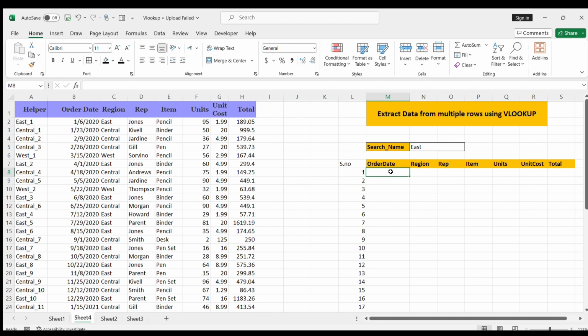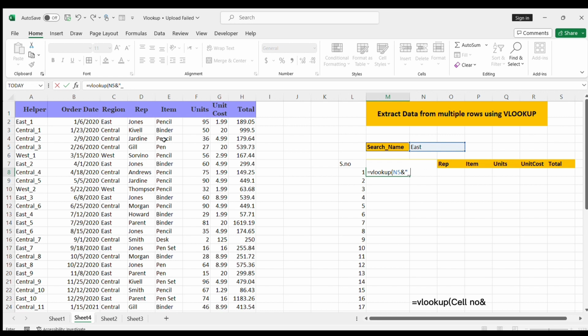Now again we need to use the VLOOKUP formula. So what we are going to look up: VLOOKUP, what will be the lookup value? East. As you can see in this column, there is not only East, there is East 1, East 2, East 3, Central 1, Central 2, Central 3. So what you need to do now, to use this formula, press this cell and then use the ampersand sign, the ampersand that we have already used in the helper column. So press inverted commas, underscore, that is already used in the helper column,